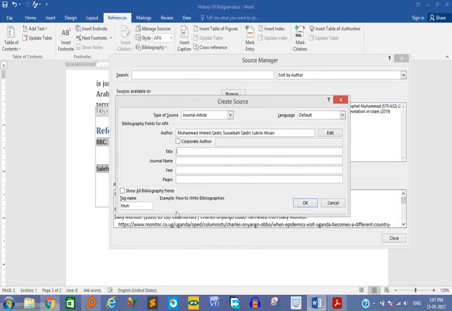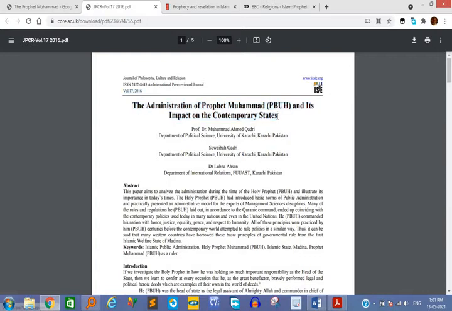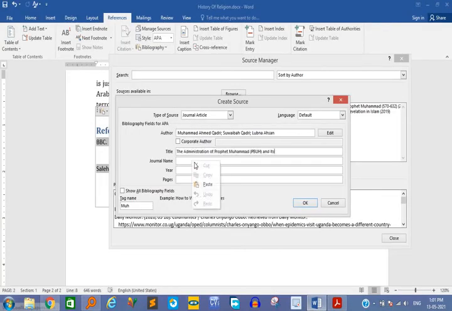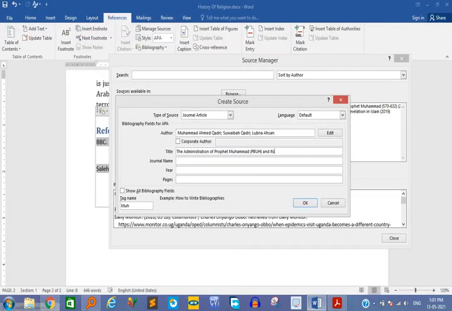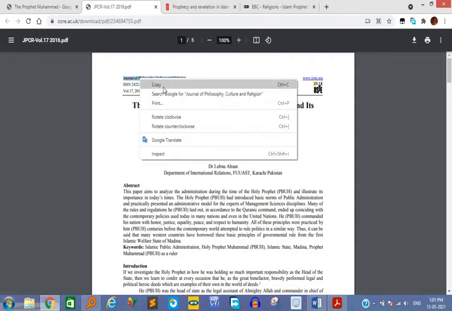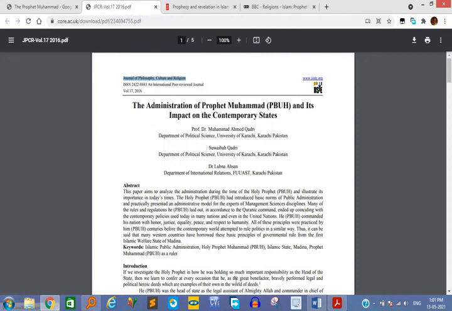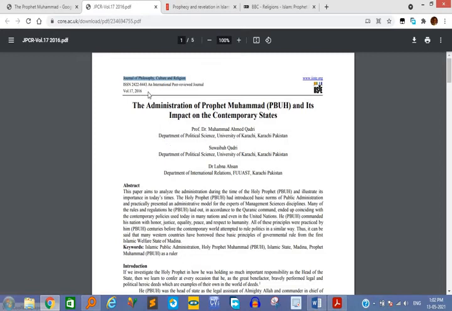And the title of the journal article is this one. Copy, come and print it, paste there. Oh, it's not come, part of it is missing. Copy and paste. Come now and pick the journal name. This is the name. The year. The year 2016,